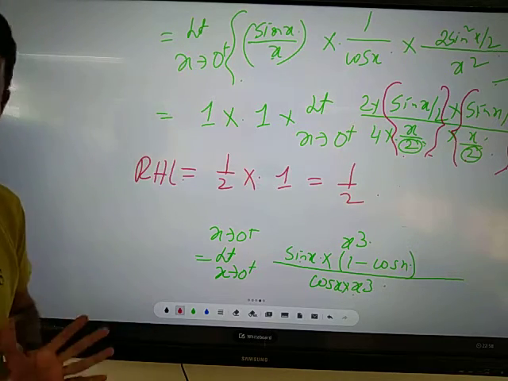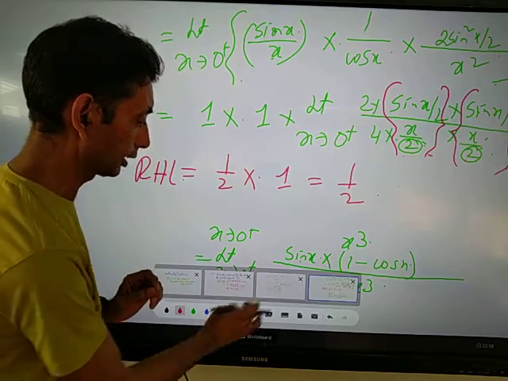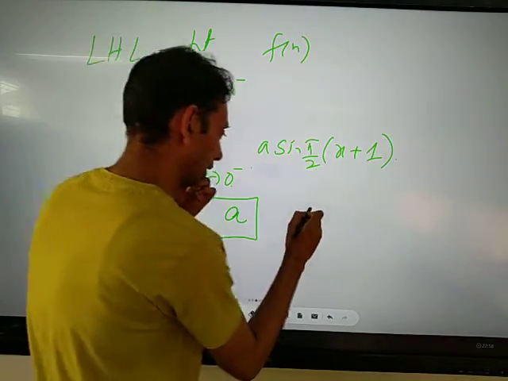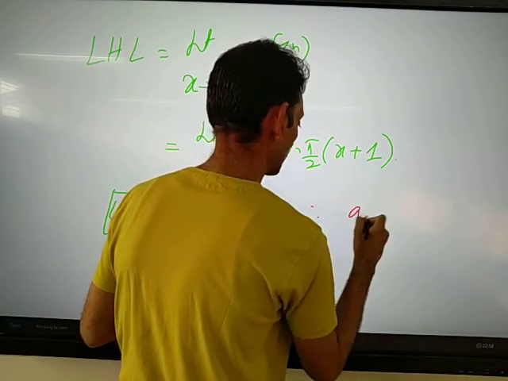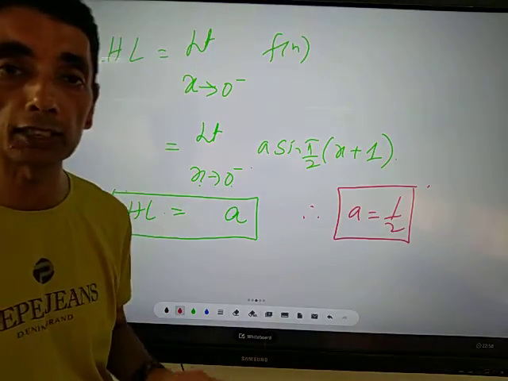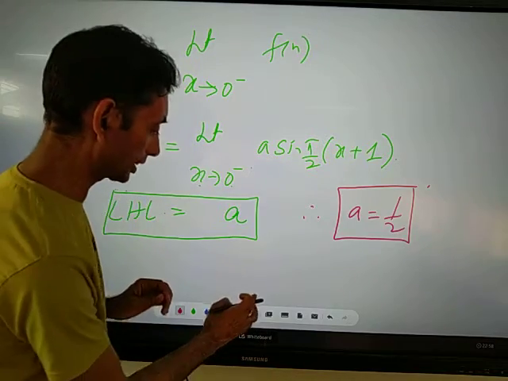Right hand limit we got is half, and the left hand limit in the previous case was this, which is a. So therefore a equal to half, since the function is continuous, left hand limit will be equal to right hand limit. Okay, next we'll be taking